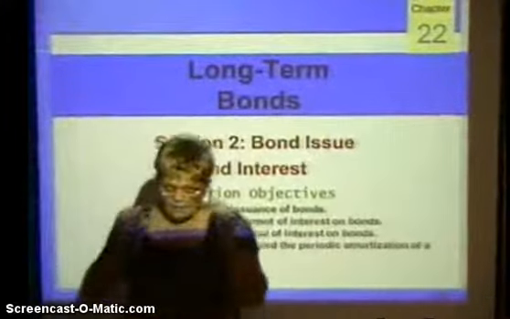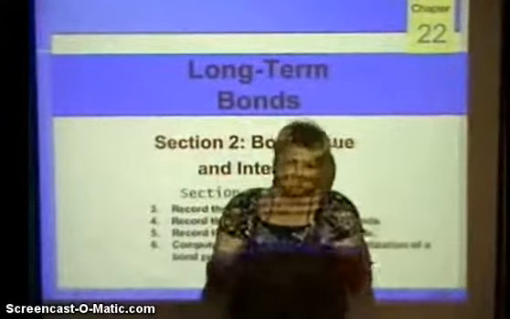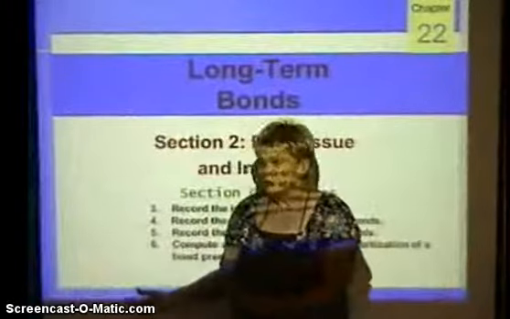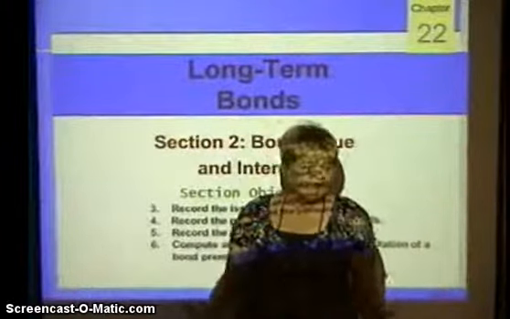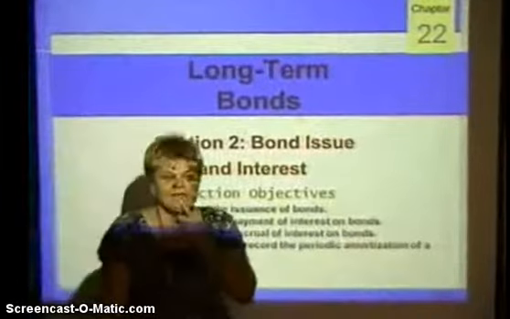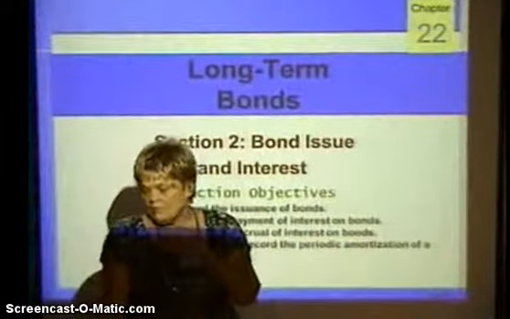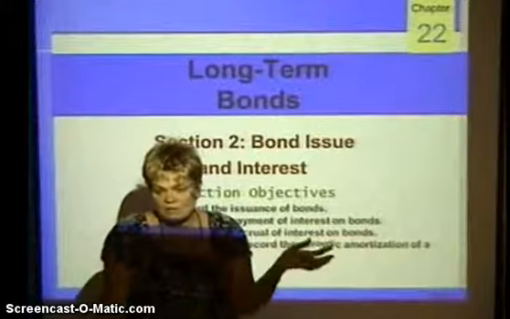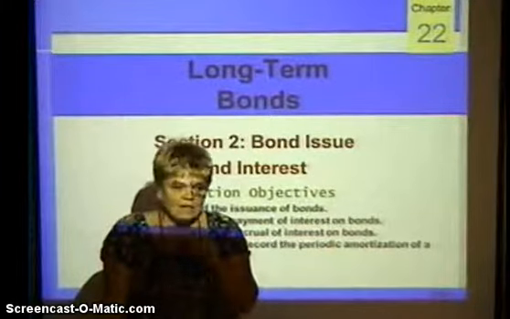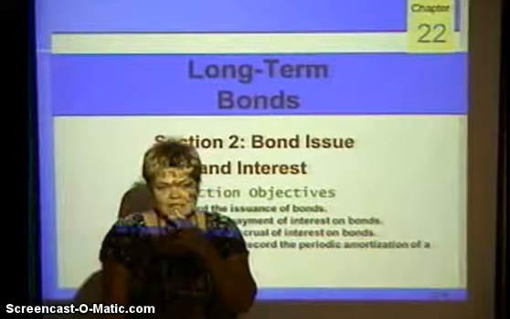Which is going to be pretty similar to just recording the issue of stock. We're going to record the issue of bonds, and record the interest paid. So, what's the difference between a stock and a bond? Well, a bond is something you issue. Stock is ownership in the company. A bond is where we're trying to raise cash, and so it's sort of like selling.